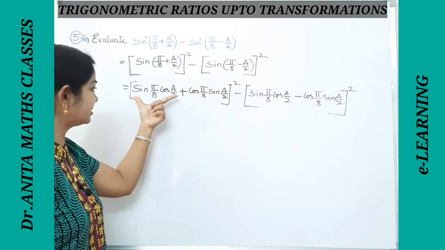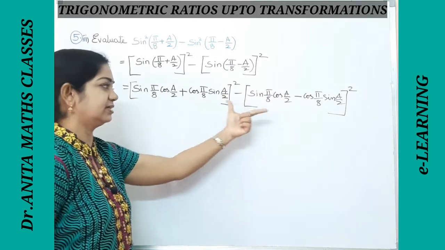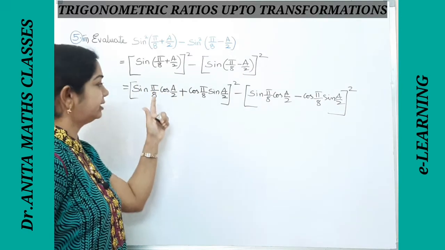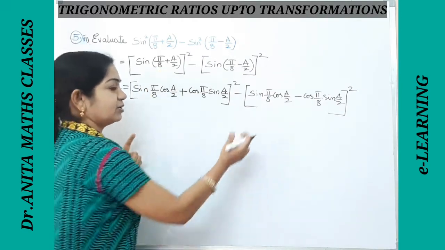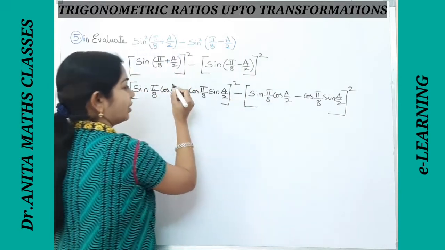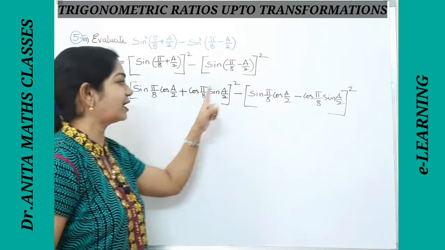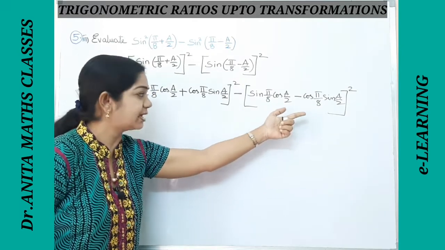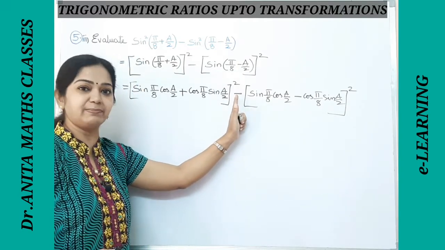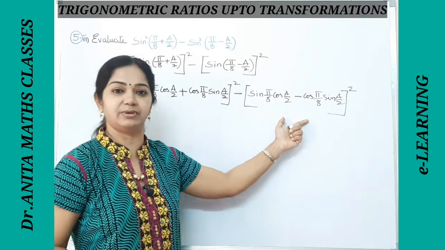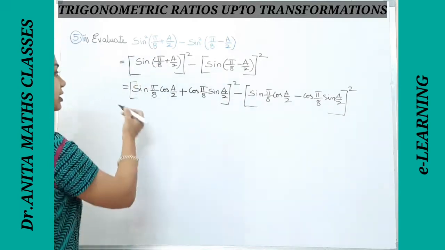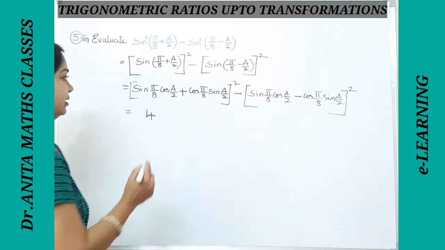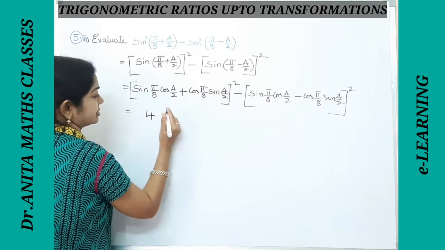Now if you see here, let us take this complete thing as a and this as b. This is a and b. So a plus b whole square, a minus b whole square. If you expand it, here you get a square, the complete thing. Here also you get a square, but there is a negative sign. So a square gets cancelled, b square gets cancelled. Here the remaining is plus 2ab and here minus 2ab. Minus 2ab along with the negative sign, it comes again plus 2ab. So plus 2ab, you get it as plus 4ab. So no need of writing the complete thing, directly we'll write plus 4ab. Okay, so where a is this and b is this.